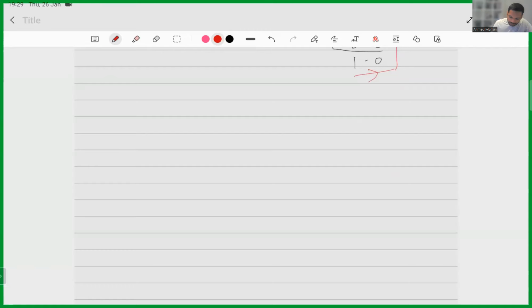So if you take the value 350, base 10 because it's a decimal number, we need to convert it. We need to start dividing by 2. You know what, I'll do something different this time. In the previous question, I used the